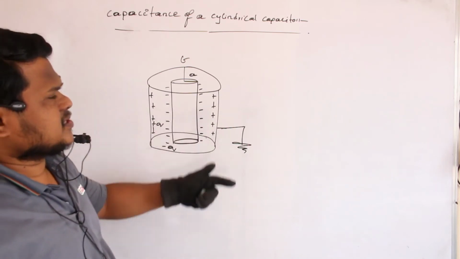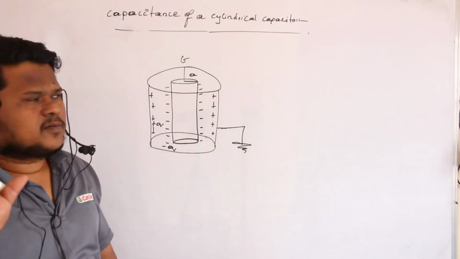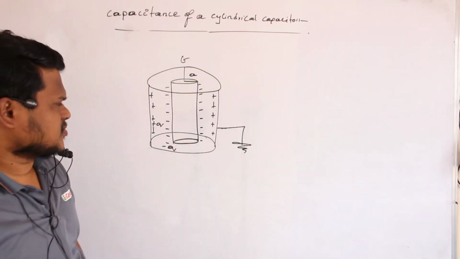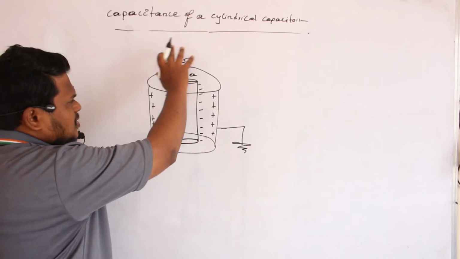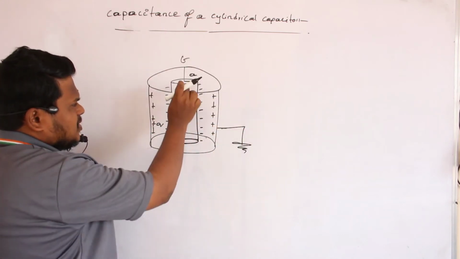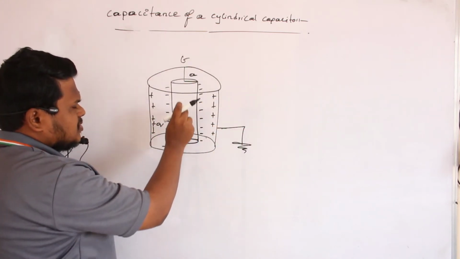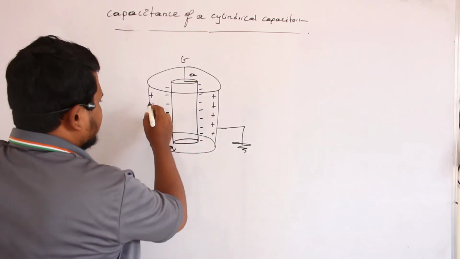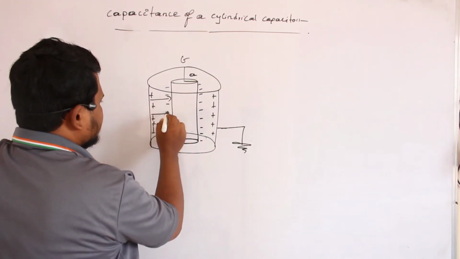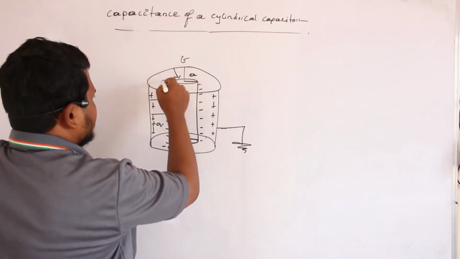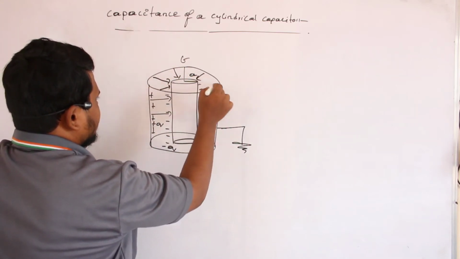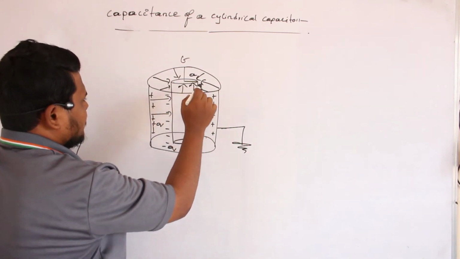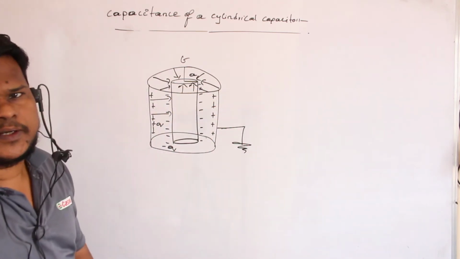Just like the previous condition, just how we have studied in the spherical capacitor, same concept here also. So electric field does not exist outside this system. Similarly, inside this inner cylinder also, electric field does not exist. Then where does electric field exist? Electric field exists only in this radial space between them. So this type of electric field I can call a radial electric field.